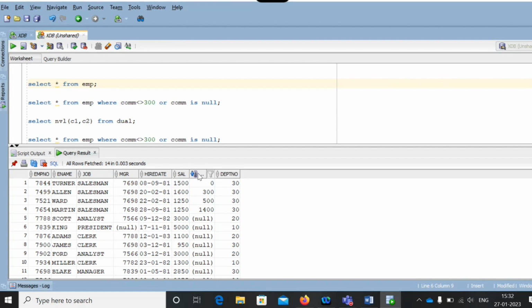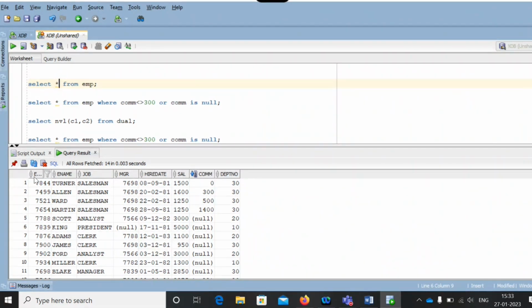So how will you know the person does not have the commission? In the commission field we have here, if the commission is null, those persons do not have the commission, right? So who are not having the commission, mention the commission as 10,000 rupees for them, or 5,000, 2,000, anything. Okay, so now how can you mention that?